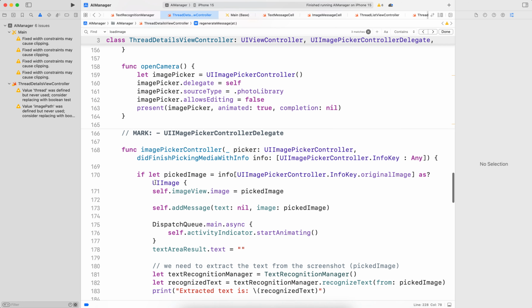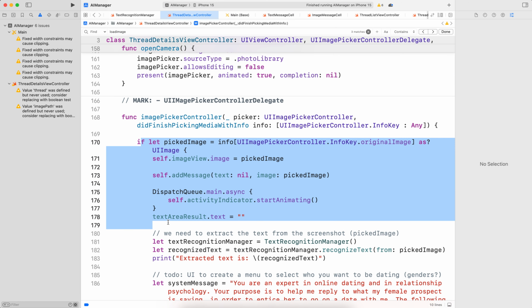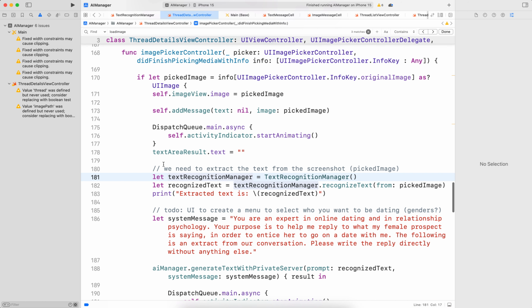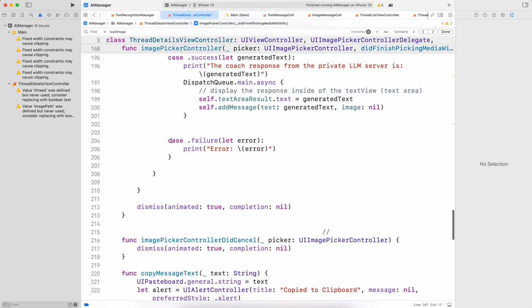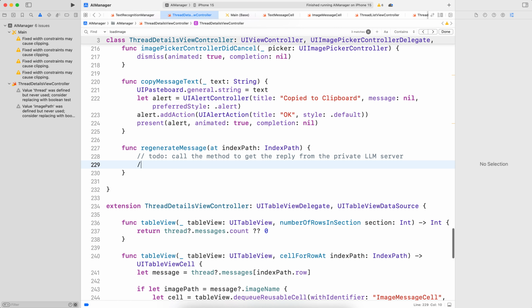If you guys remember, we have the logic here, right? So that's the logic we have whenever we extract the text. So we need to get the image from the message and send the image to the server to get the result. So that's one thing we need to do, and we'll do that in another lecture,